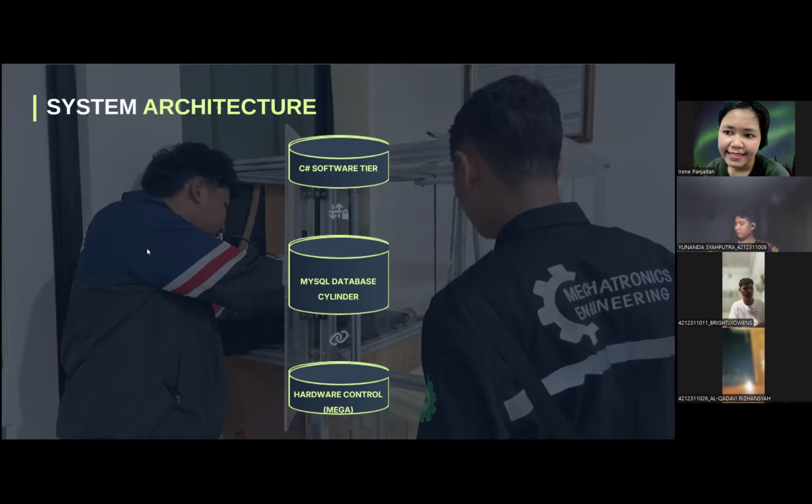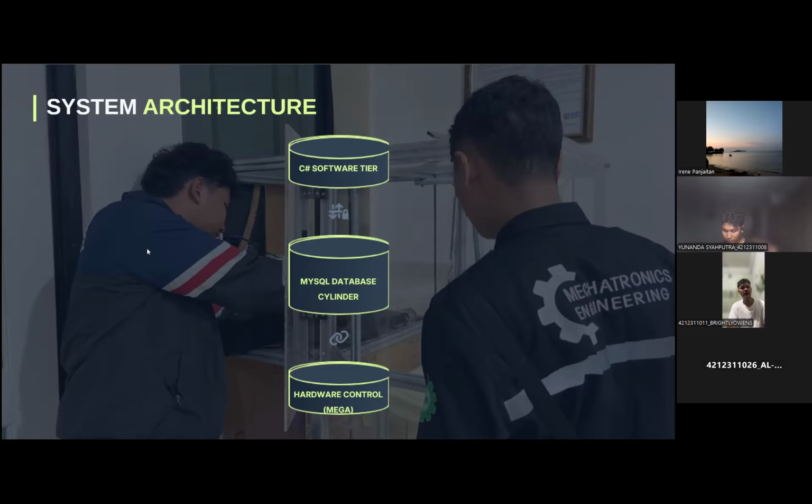Next, let's look at the first slide of our system architecture. As you can see, our system is built with three-layer structure. First, hardware layer. This contains all physical components like sensor, RFID reader, and the motor driver. Second, control layer. This is where the logic happens using the Arduino microcontroller and our C# desktop program. Third, data layer connects our application directly to the main MySQL library database. This structure keeps everything organized and easy to manage.